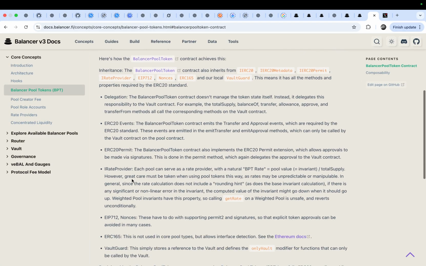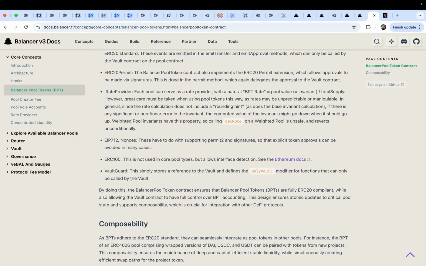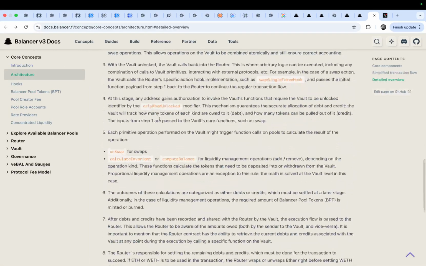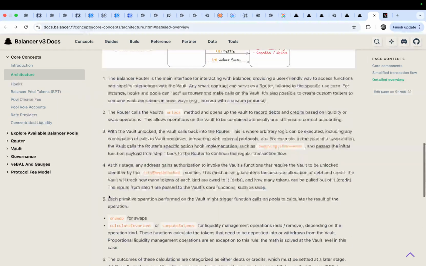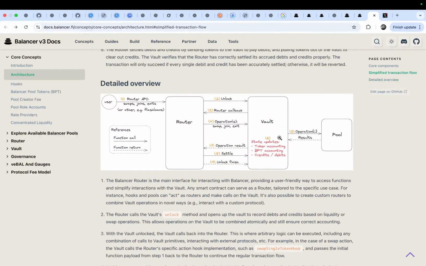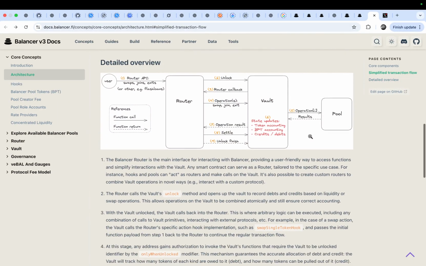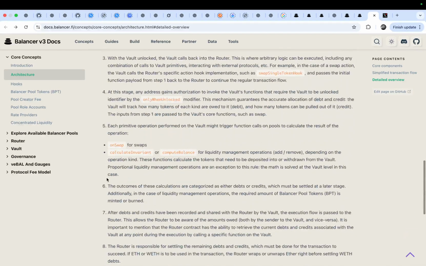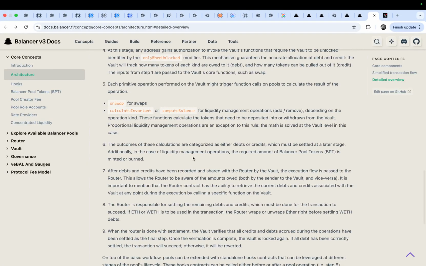Okay. Here are details. Return the previous descriptions. This is the step 5, and step 6 is execute some smart contracts.